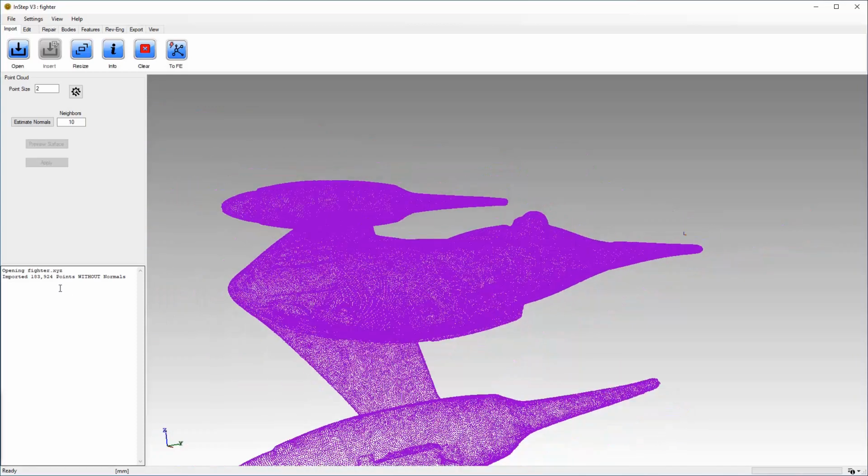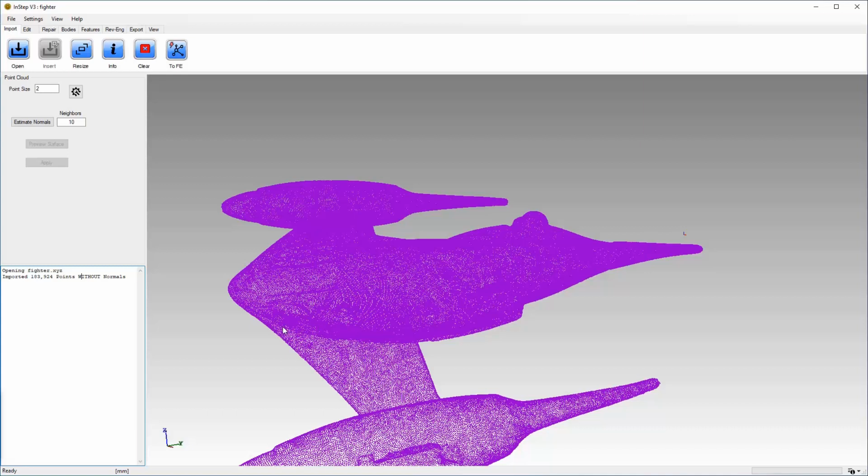the point data. In this case, it's important to point out that this file that we loaded does not contain normals. So normals, for anyone that's interested, is a vector that points away from the surface. So a scanner would normally calculate the direction of the surface pointing away from where it registers a point, and it'll store that in the file.